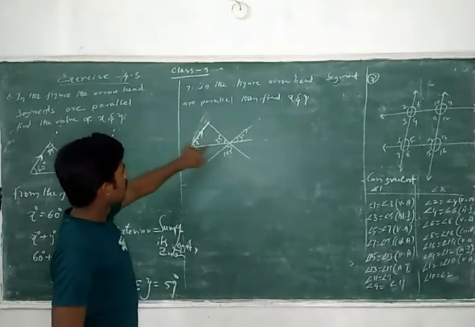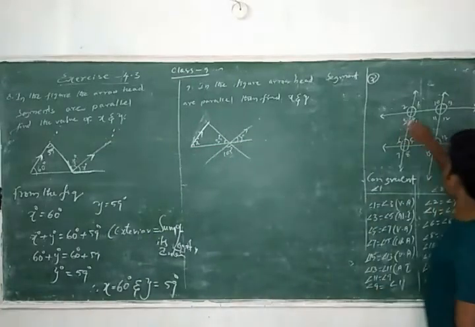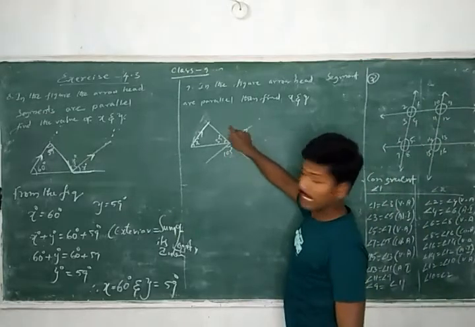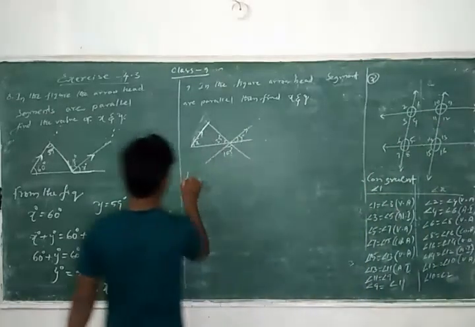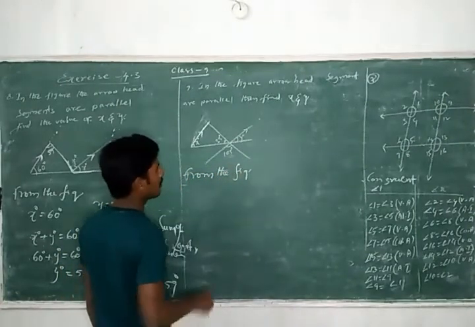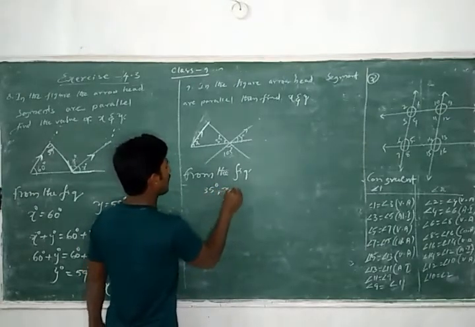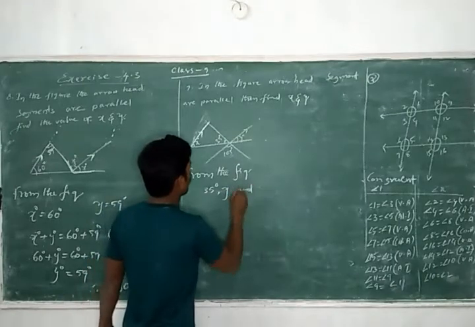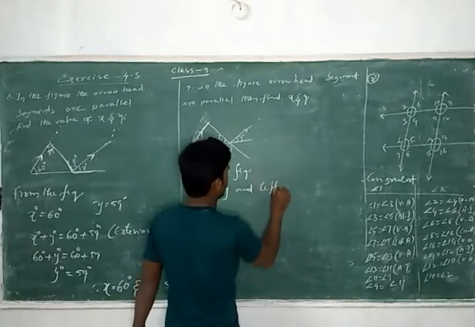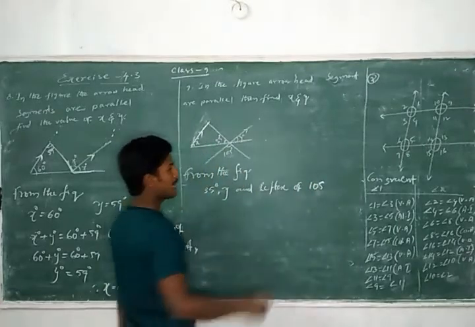Here you observe here 130, 105. In the previous question you know that angle 3 is equal to angle 1, angle 2 is equal to angle 4. Like this 105 is equal to, here also 105. Because from the figure 35 degrees plus 35, y and reflex of 105, reflex of 105 form a